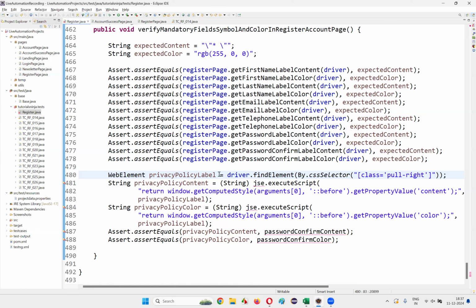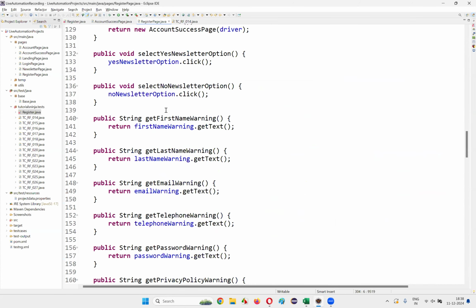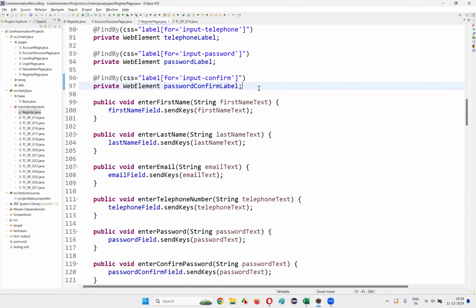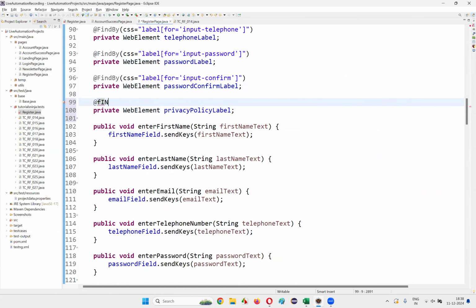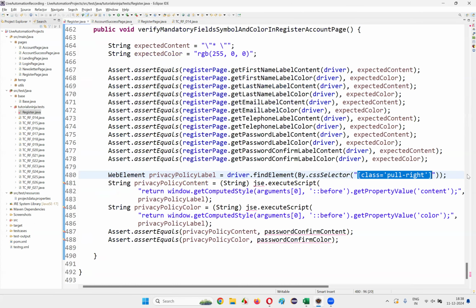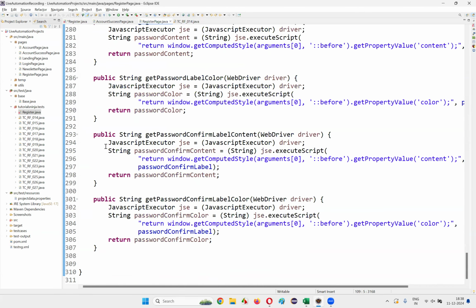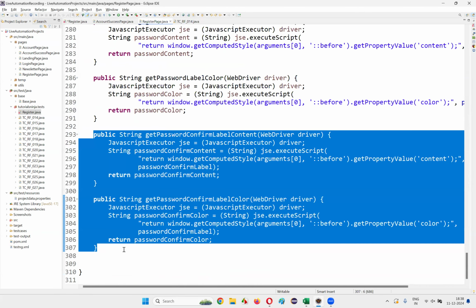Save all and take this web element CSS selector, privacy policy label. Come back here and create a web element here on the top. Private web element privacy policy label and here write down at the rate find by. Here give CSS is equal to give the CSS selector, save this, come back here, remove this web element, and now come back here and copy these last two methods. Copy these two methods, paste it here,